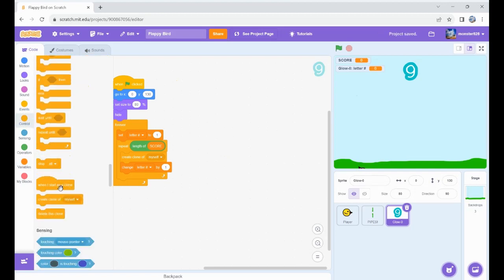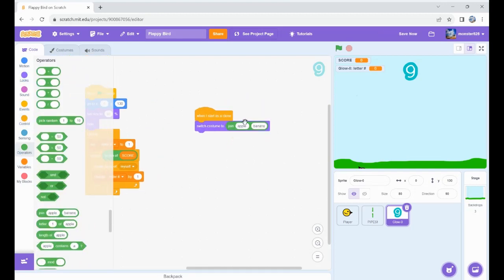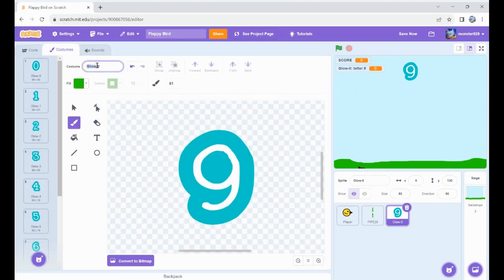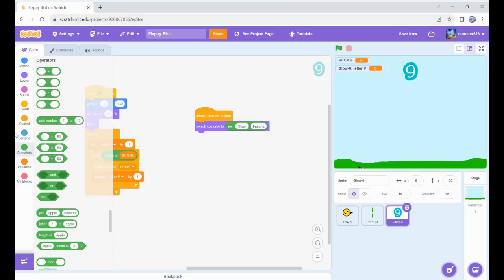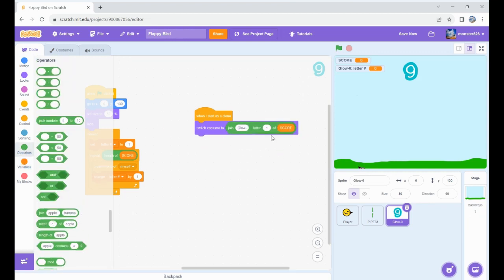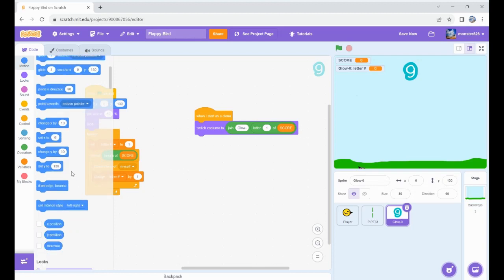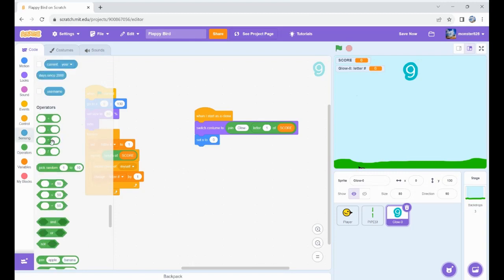the length of score. Okay, let's bring out a when I start as a clone, switch to costume, join glow. This is important because the very first part of this is glow, and this is what's going to switch to costume. Then the other part of the join, let's set it to letter 1 of score for now. But let's also set x to